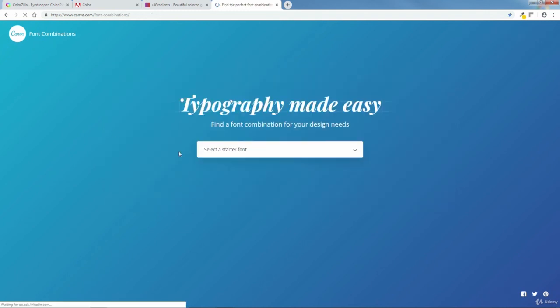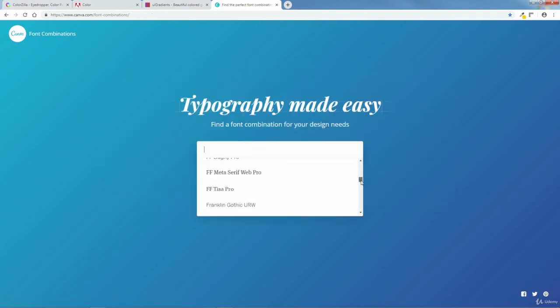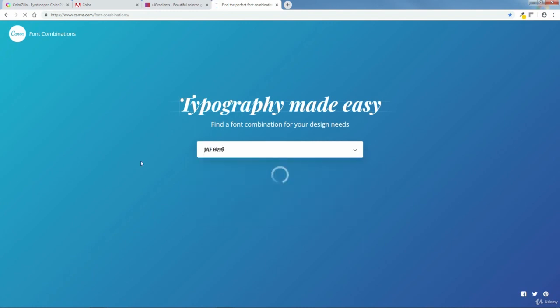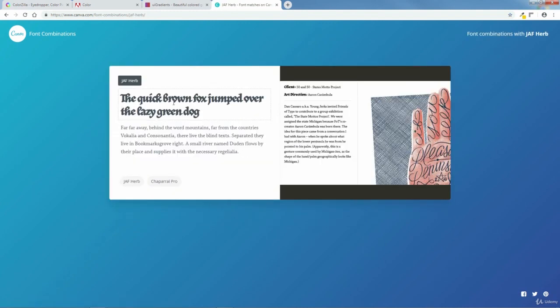Let's do one more. Let's pick something really freaky. Here we go. So here's like an Old English type font, and then they came up with Chaparral Pro, and then they give you an example of the 2 fonts here. So it's just an easy way to come up with font combinations that go well together. If you're having trouble thinking of that,